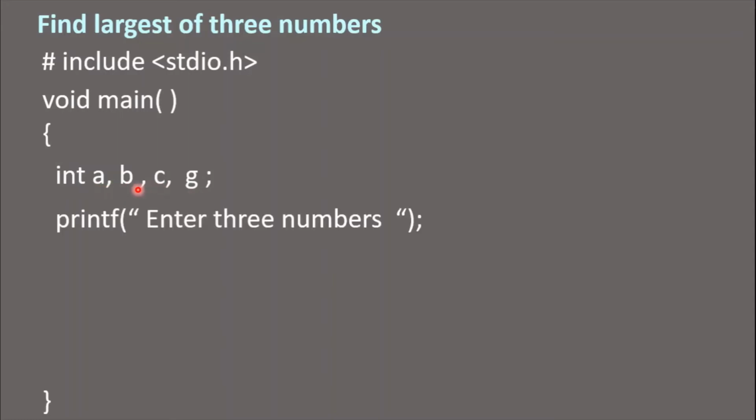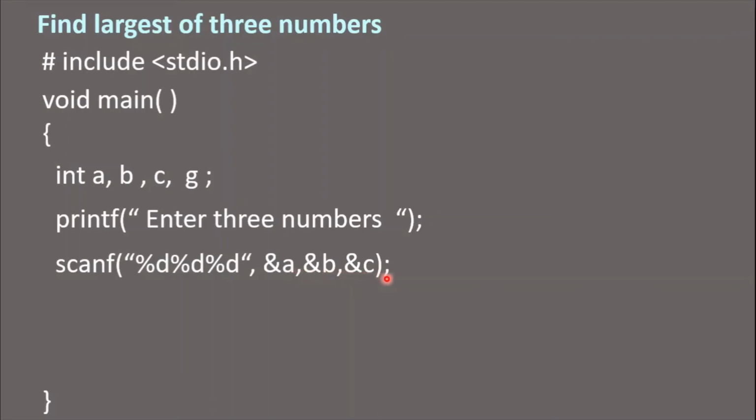I will ask the user to enter 3 numbers by displaying a message with the help of printf. As numbers are to be accepted from the user, a scanf statement is necessary. %d, %d, %d is written because 3 numbers are to be accepted, and those 3 numbers are to be stored in variables a, b and c respectively. That's why &a, &b, and &c is written.